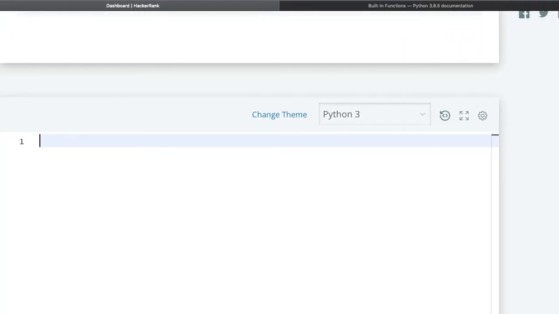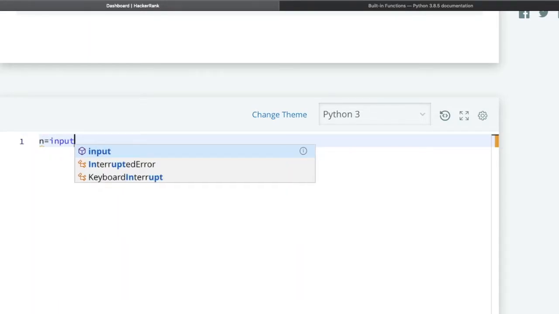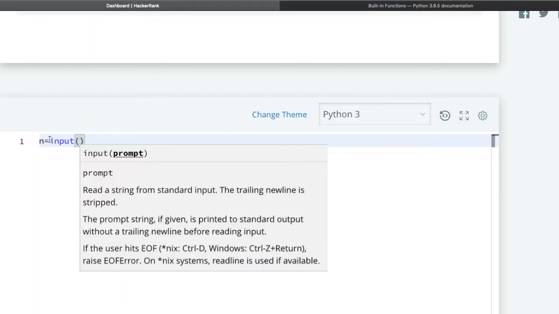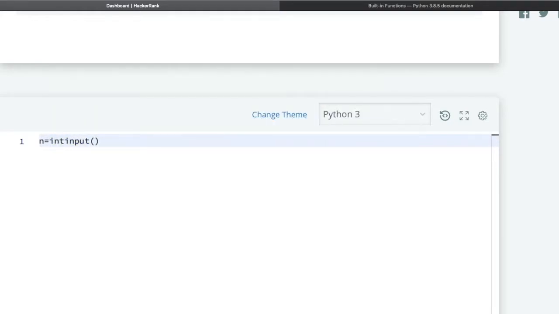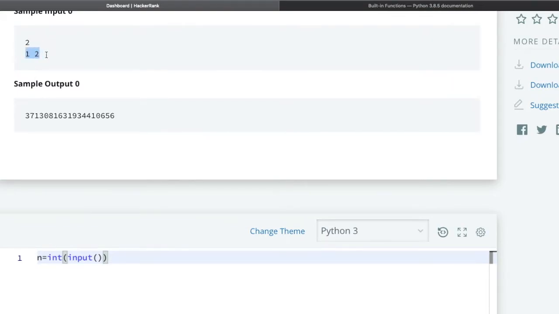So here the very first thing is we have to take n value. So n equal to input and it should be integer type. So let us convert this input into integer type. Now we are done. Here n means there will be n values in our tuple. Now here the second line is we have to take n values in a tuple. Here n was 2, so they have taken 2 values and these values are in a single line. So we have to read this in a single line and this value will be string. So what we will do, we will simply split this value and map to an integer type.